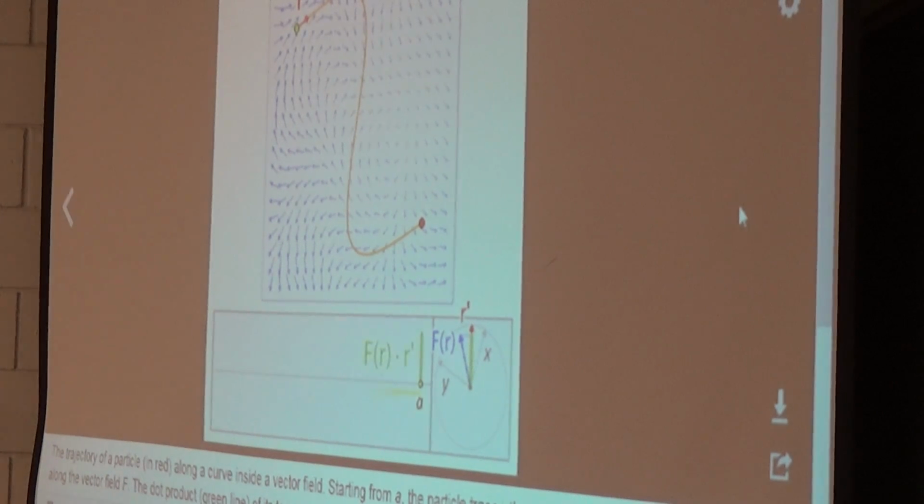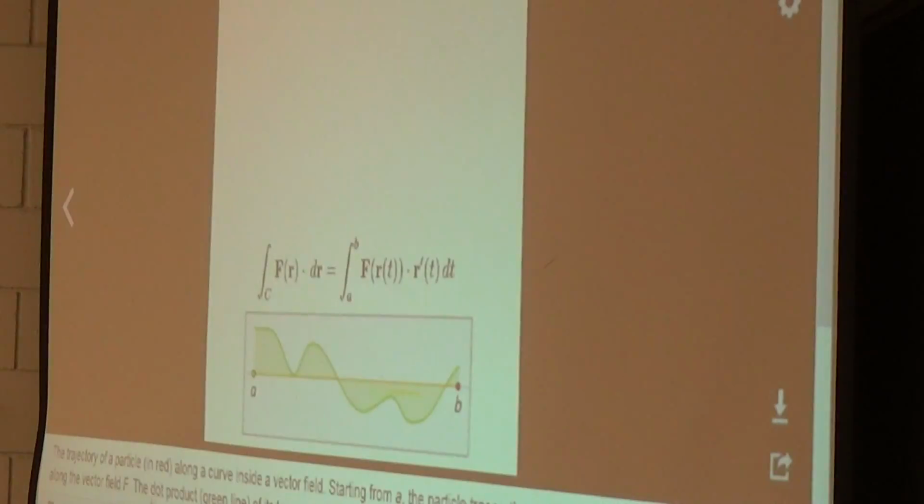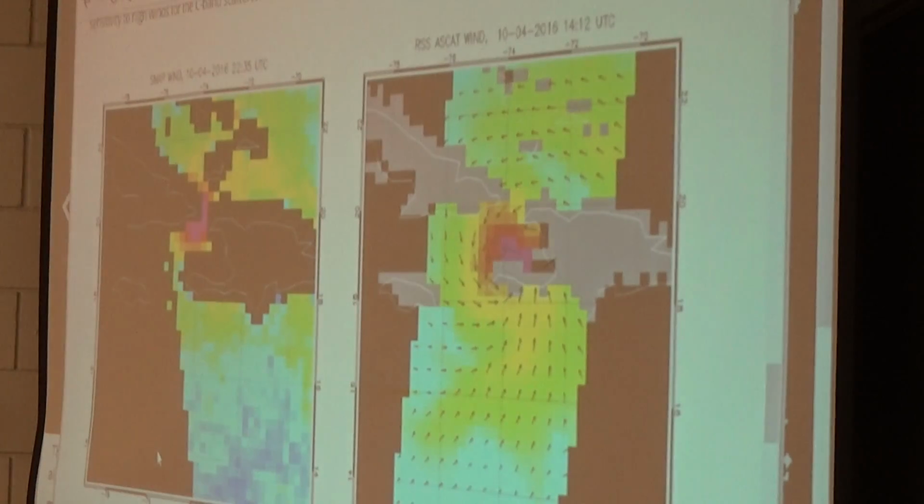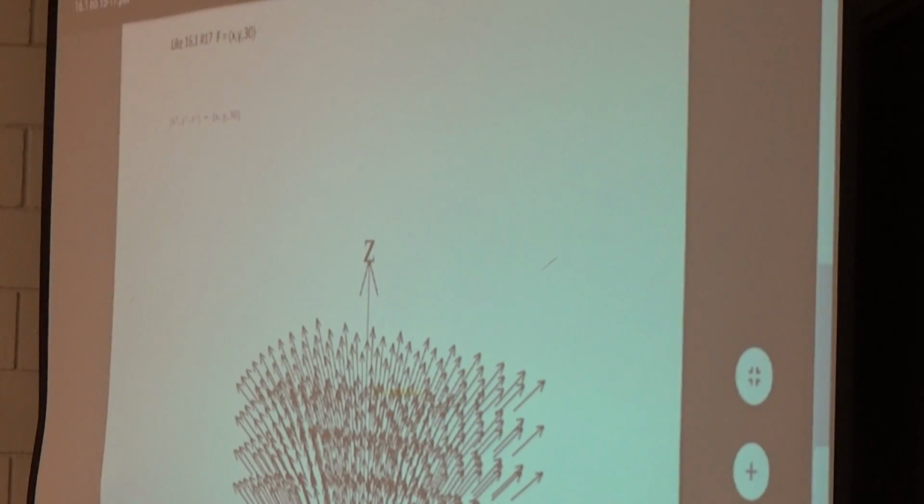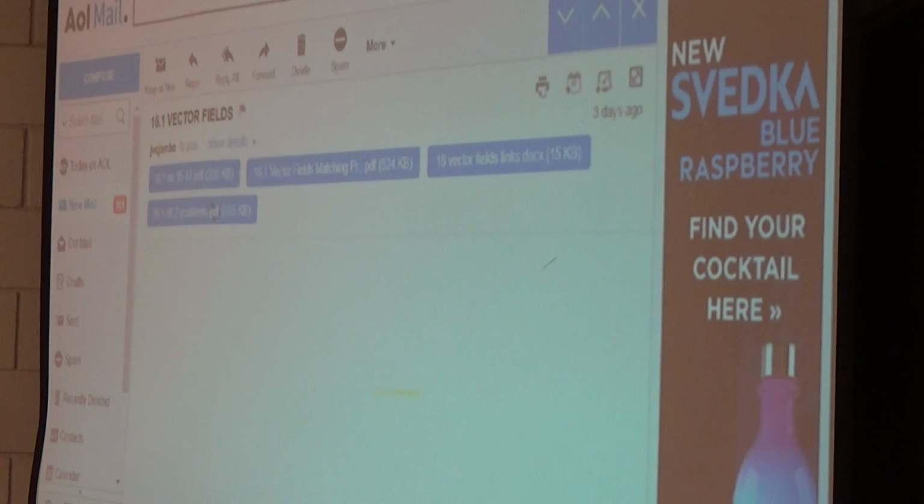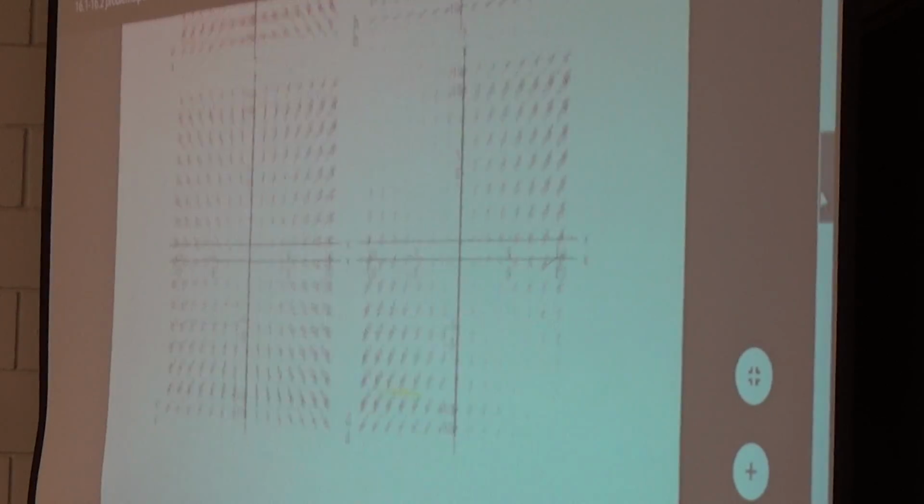I'm not going to do that right now. We'll work some problems, but can we play around with that first? Because it's fast. So I'll minimize this. I'm going to go to the 16.1, 16.2 problems, which you have a copy of. Let's go down to number